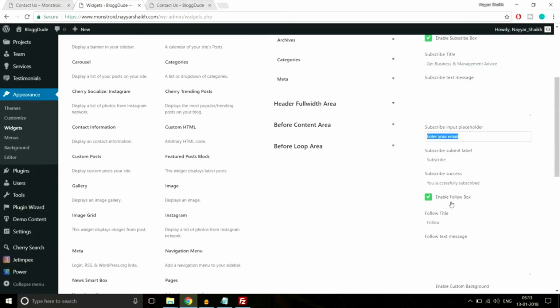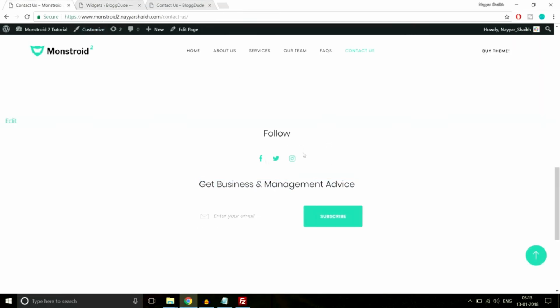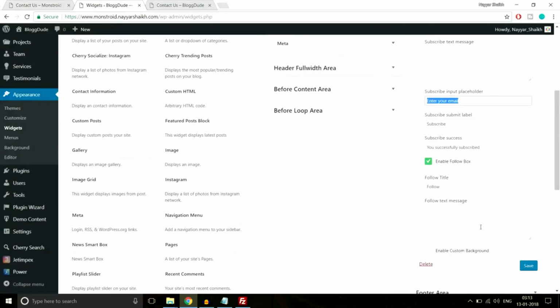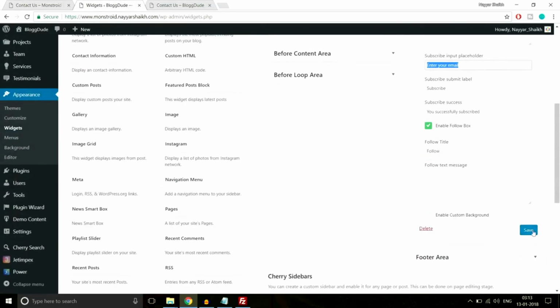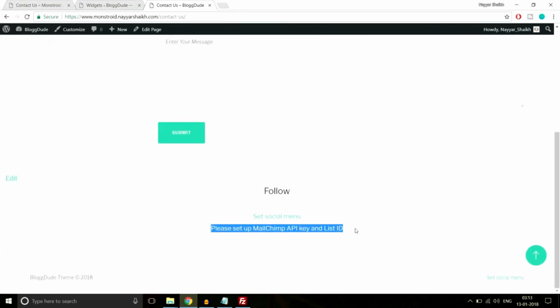Now this is the placeholder: enter your email address. If you want, you can also have the follow box. Okay, this is the follow box. We will not see this because we have not added the social icons yet, but we can still enable this. Now click on save. Now come back to your website and refresh it. Now as you can see, we have this thing over here,